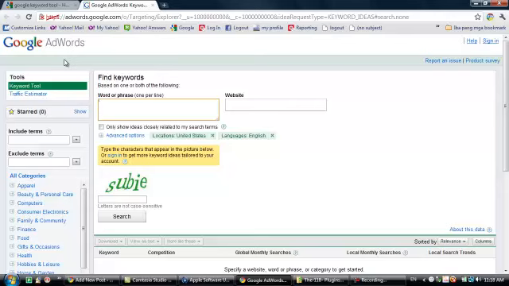In order for you to conduct keyword research, all you have to do is highlight Keyword Tool and you would be taken to this page here. You can type the keywords that you want. So for example, you want to evaluate the word affiliate. Just type affiliate here,